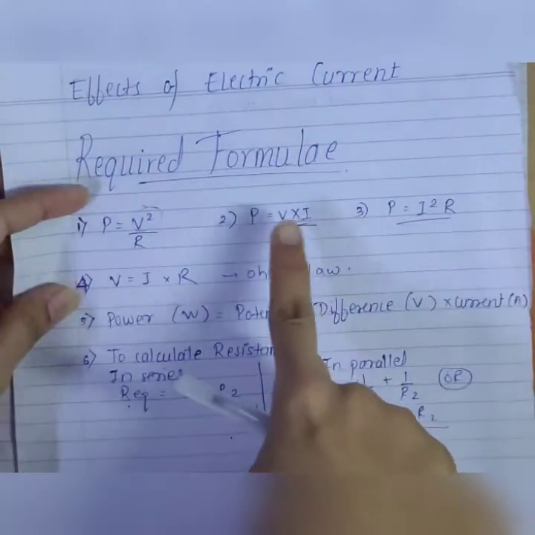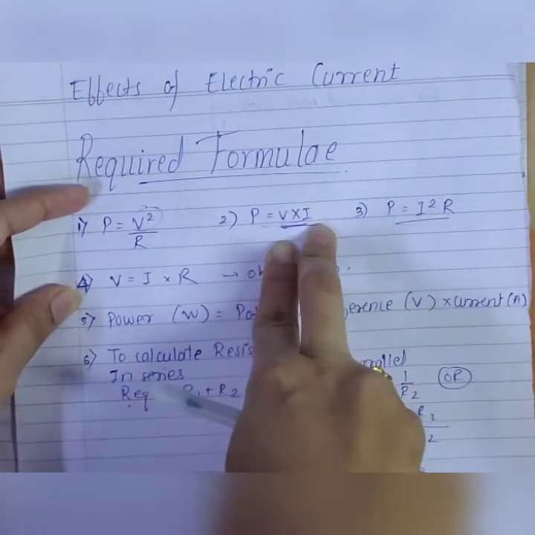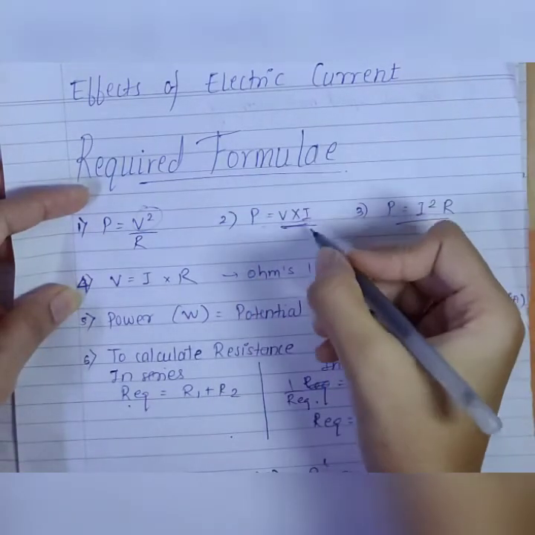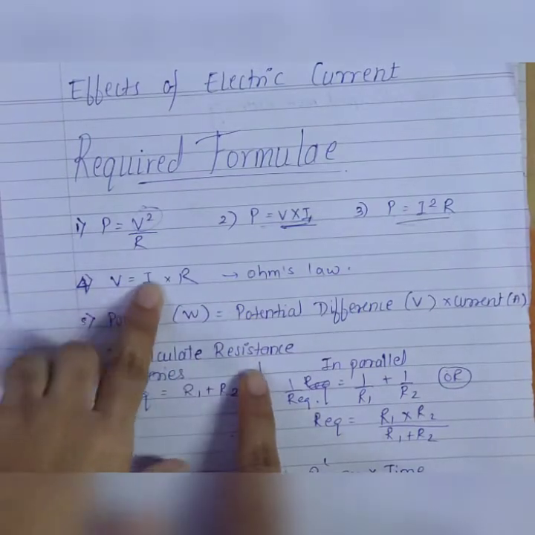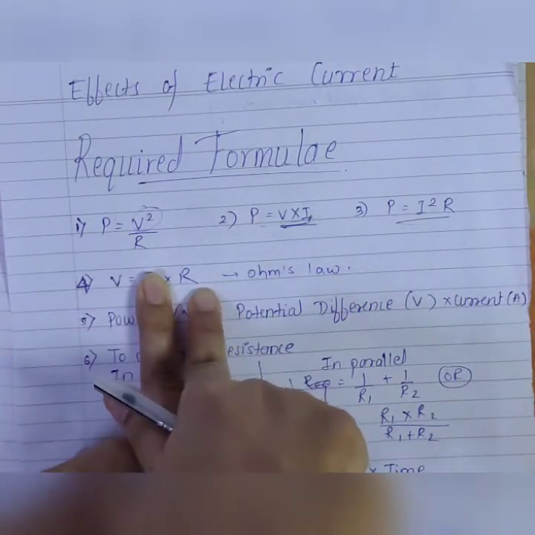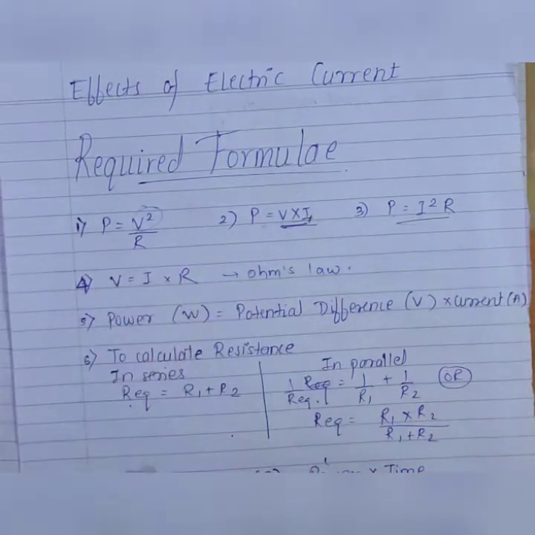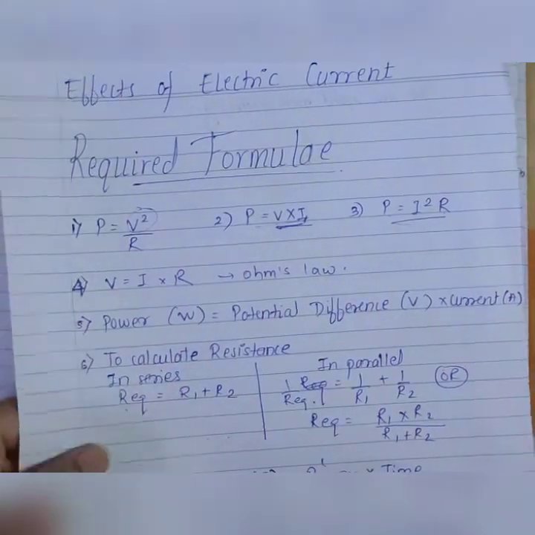Now let's look at the formula. I have my voltage with me. Sorry, I have to find my I. So which is the formula? I have to find my I and I have my voltage and resistance with me, right? So this is the formula which I can use. That's your Ohm's law. So let's solve.